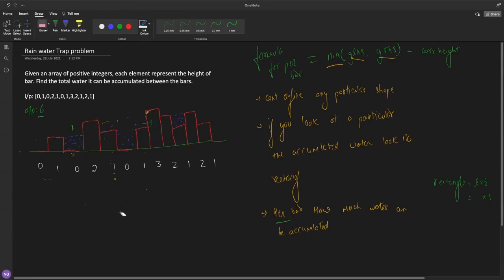For example, for this element, you will go here.